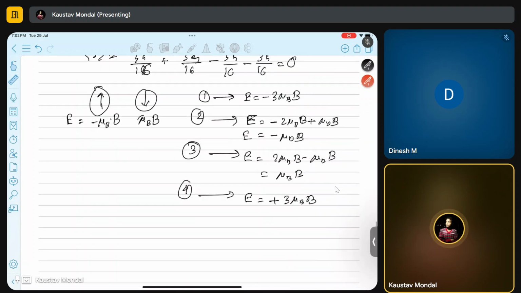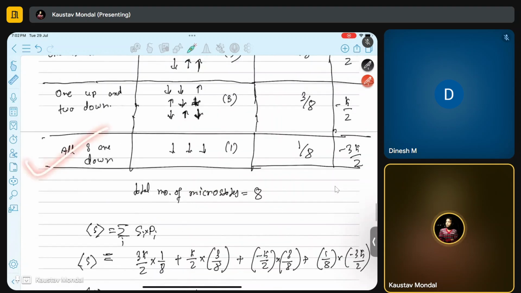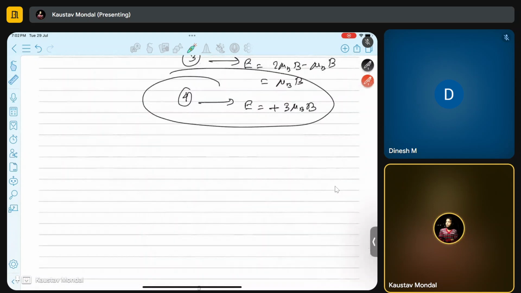Okay, so that means that in this fourth configuration, when all three particles are having the spin down state, that case would have the highest total energy. Okay, so